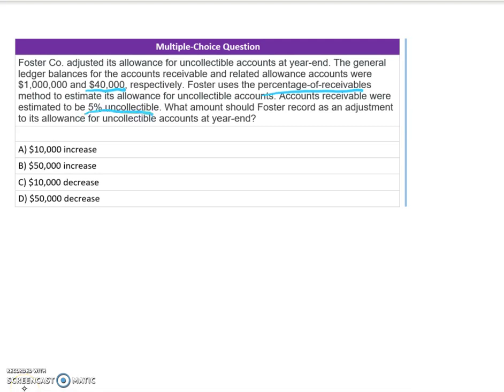So what amount should we record as our adjustment? So this is asking us for our bad debt expense. So is the percentage of our accounts receivable going to immediately calculate our bad debt expense? The answer is no. Our allowance is going to start with an ending balance of $50,000